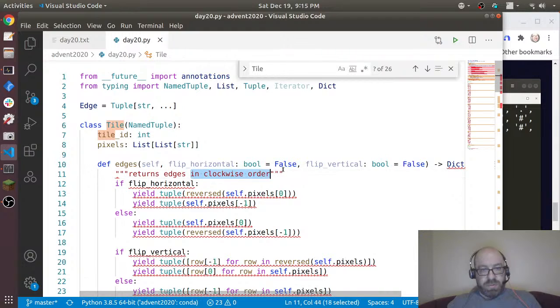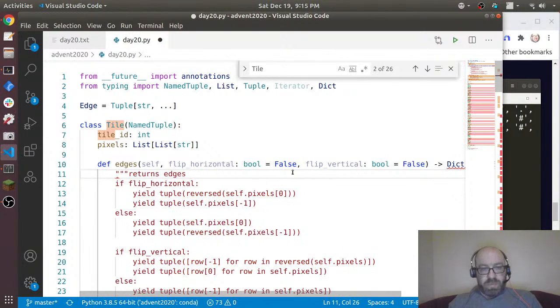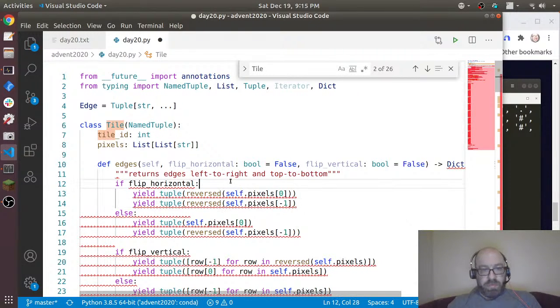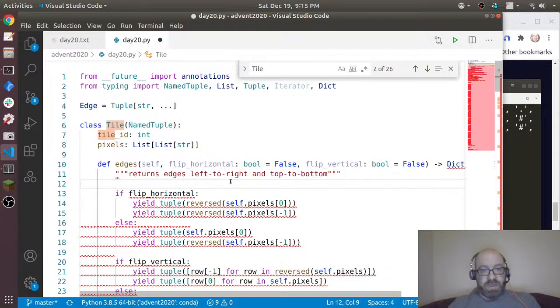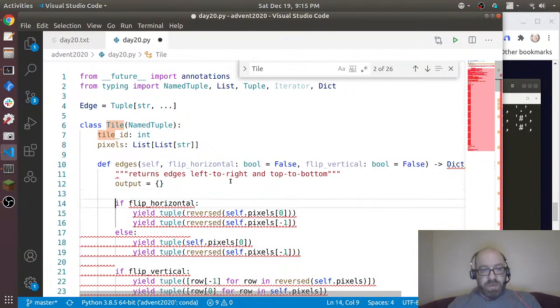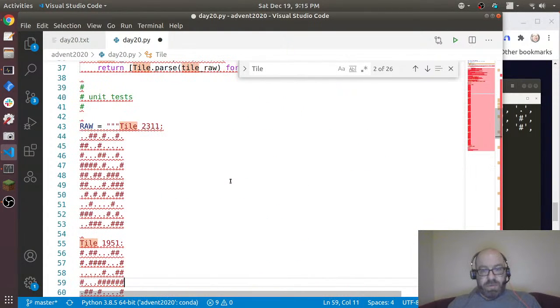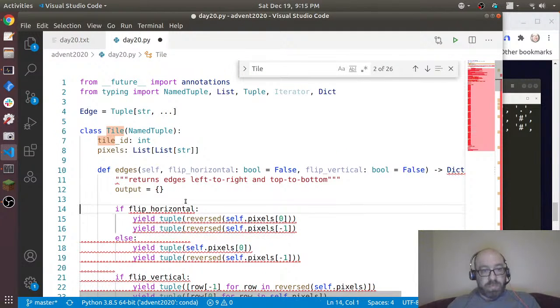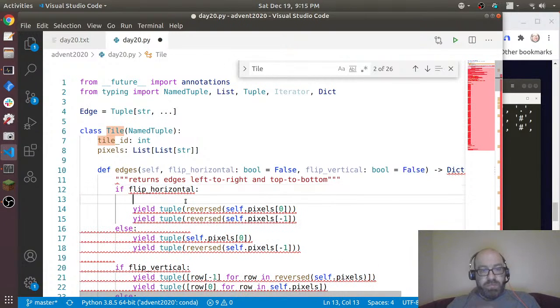Returns edges left to right and top to bottom, because I'm going to want to match them, and that's how I want to do it. So if I flip horizontal, I'm going to want to do reversed. And so let's say output equals this. If flip horizontal, output, actually, let me, wait, what happened? I don't want to do that. If flip horizontal,